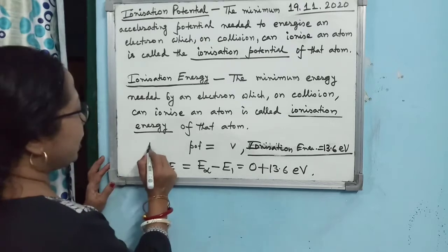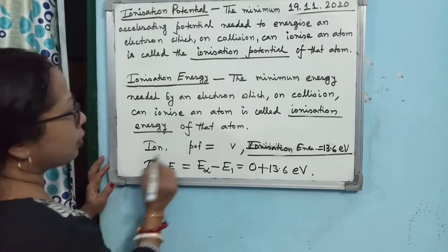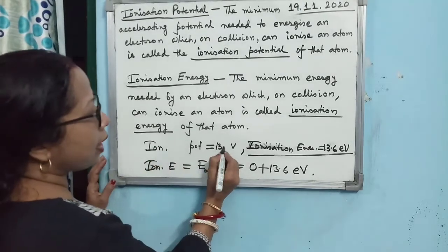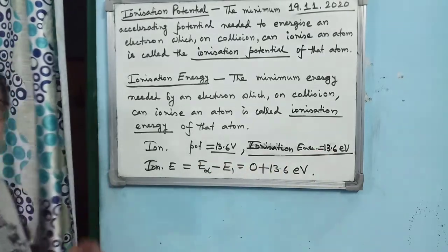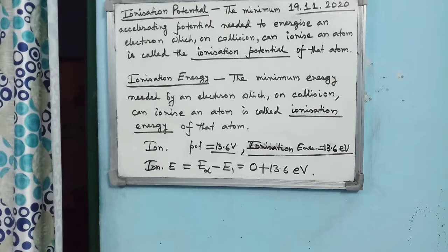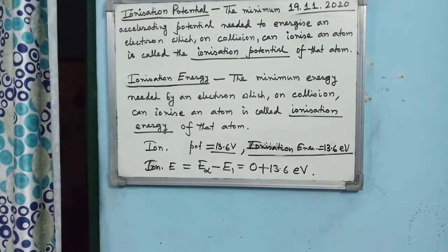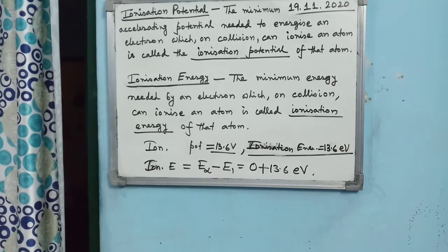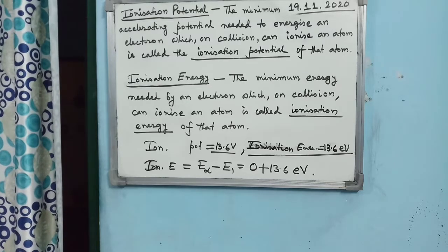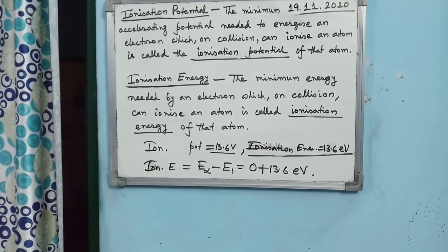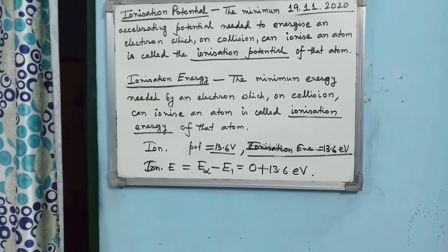So you see, it is very easy to find out the ionization potential. So ionization potential for hydrogen, for this example, it will be 13.6 volt. So these 4 definitions and this concept that if the potential is 5 volt, then energy will be 5 electron volt, you must learn and remember and apply. And all the 4 definitions you must learn.